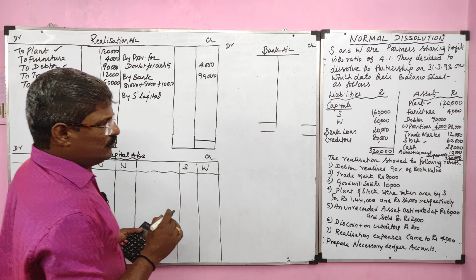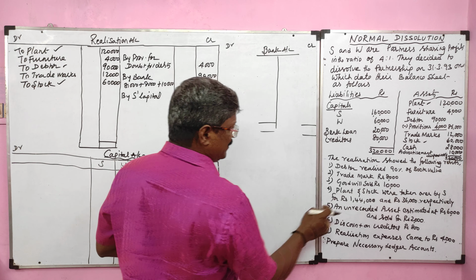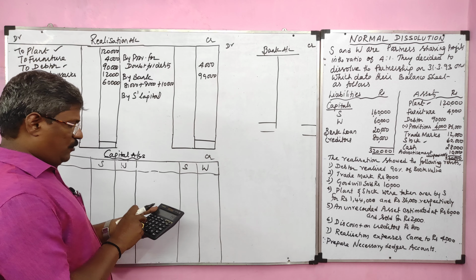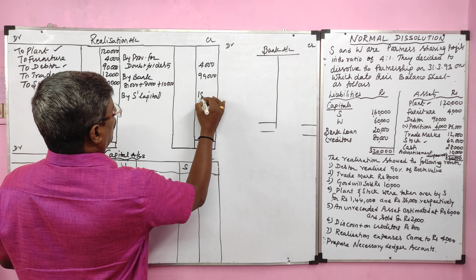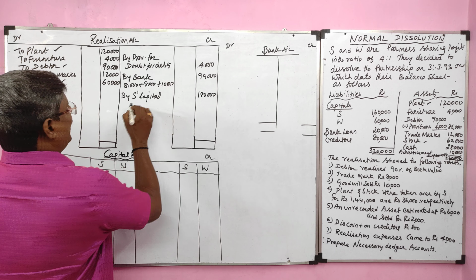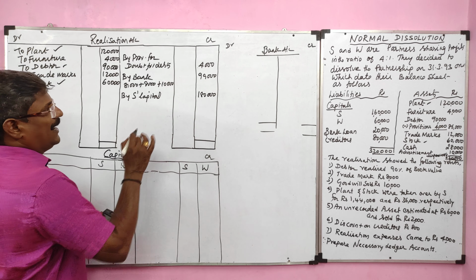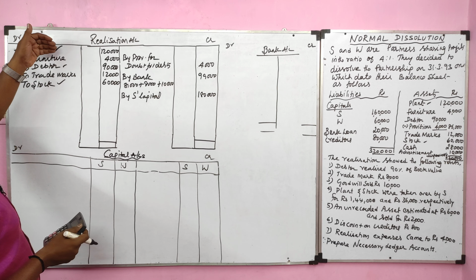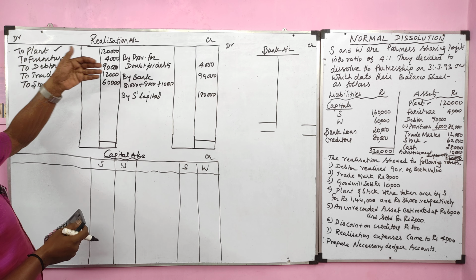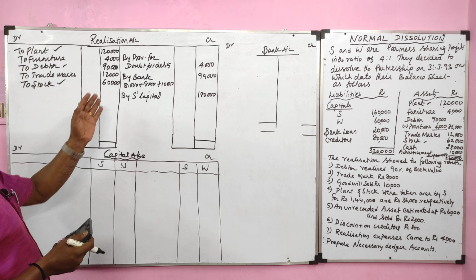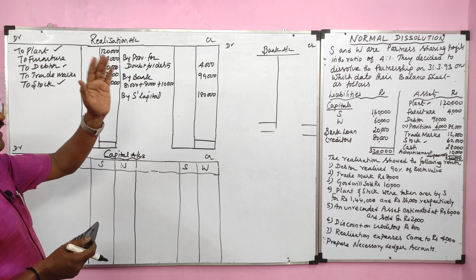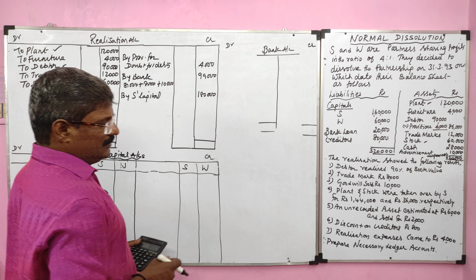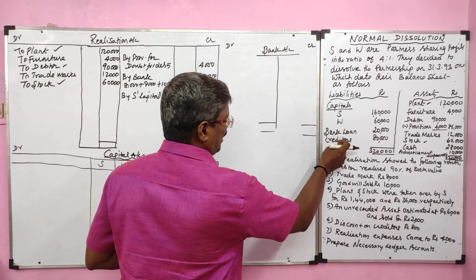His taken over value 1,44,000 and 36,000. So 1,44,000 plus 36,000, total assets taken over by S at rupees 1,80,000. So assets are transferred to the realization account. Then the assets are realized, recorded in the credit side. Then the assets are taken out by Mr. S